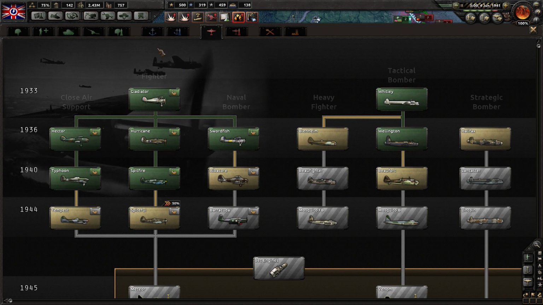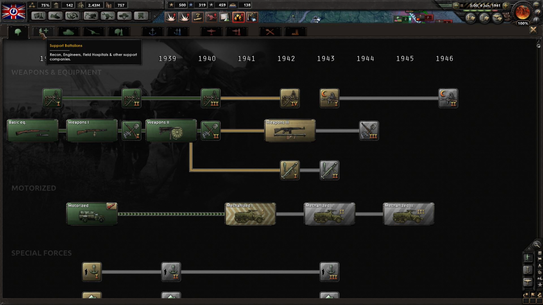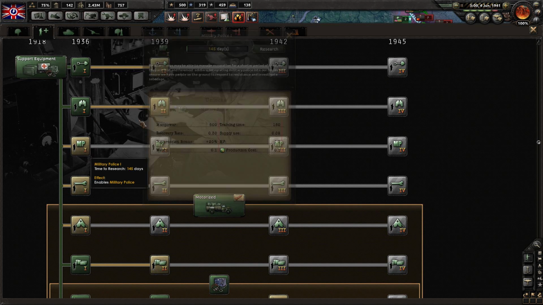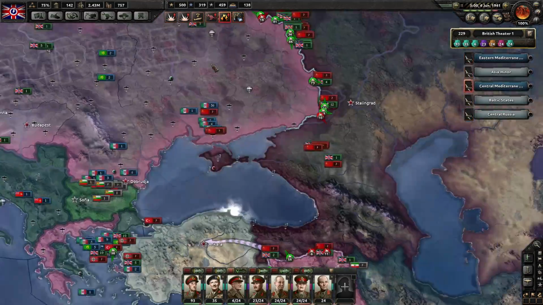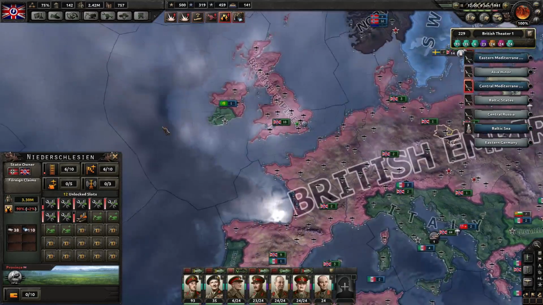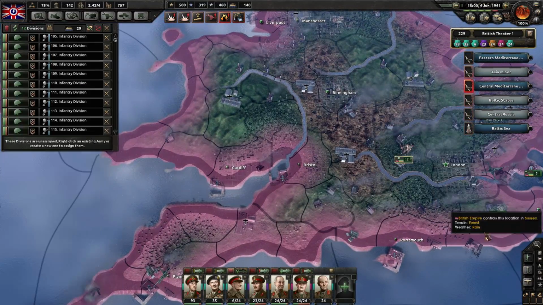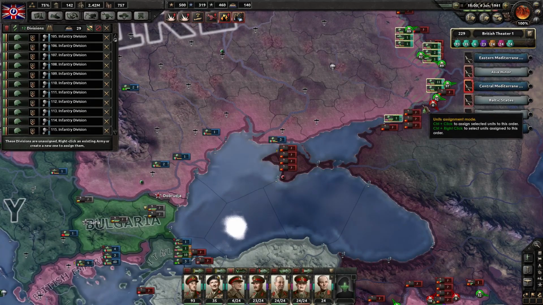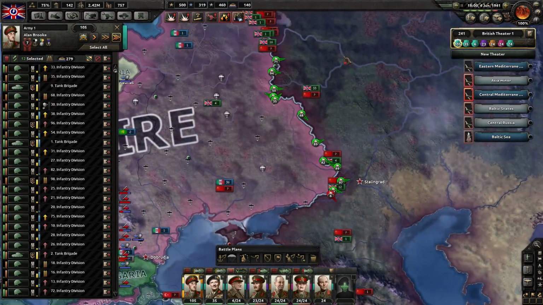Tactical bombers 1940 would be good. Just trying to see here. Airborne would be nice. Actually, you know what? Let's get MPs. That would maybe help us with whatever. Oh, so we do have some of our nice units over here moving now. Okay, we have 12 brand new infantry units. We'll establish them on this line and also...